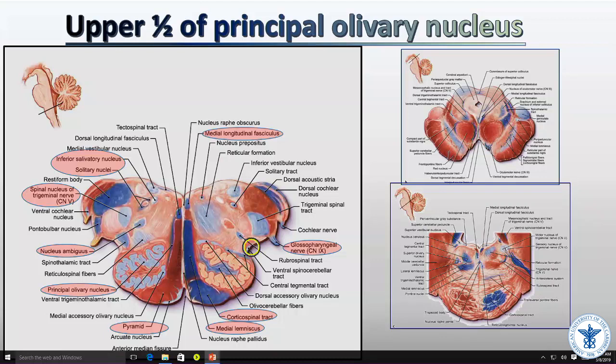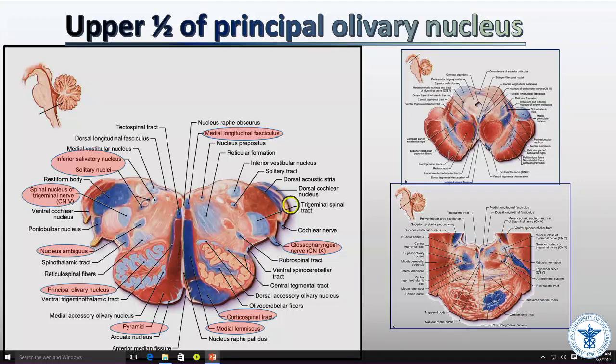You see a groove posterior to the olive here, between the olive and the inferior cerebellar peduncle. And in that groove, you have the other cranial nerves coming out. So at this section, we have the glossopharyngeal nerve, because we are at the upper part of the medulla, and as we go down lower, you'll see vagus also exiting out from the same region. So remember, the 9th, 10th, and 11th cranial nerves go posterior to the olive there, in the groove between the